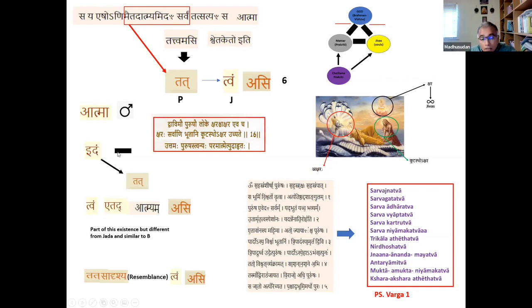Because idam is in napumsakalinga, atma is in pullinga. So let's not spend too much time with this. You have to look at each word, whether it is feminine, masculine, or neuter, and then link it with other words. When you do that, this is another way in which you look at it, that these jivas are all